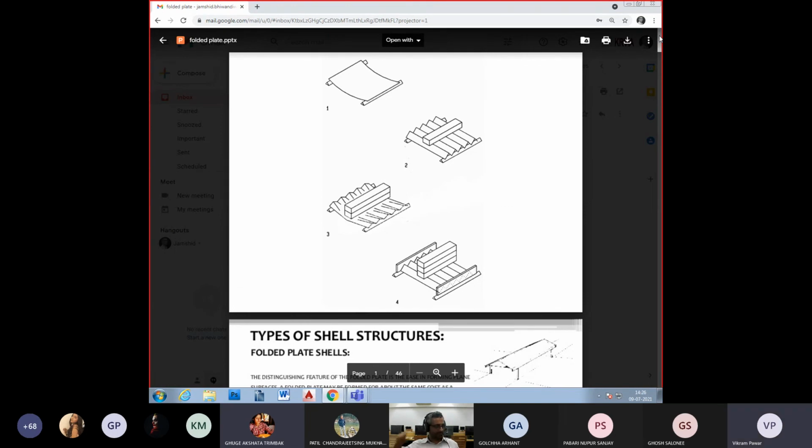That is relative. So obviously you are not going to do folded plate for a 9 meter span, or for a 6 meter span. So we are talking about folded plates where, for a 9 meter span, you would do it provided you have certain aesthetic requirements. But otherwise, normally you do folded plates for spans which are much larger. So industrial sheds having 16 meters and above, 25 meters, 30, 35, 40 meters. Those are the places where folded plates, in combination with north light trusses and all. So instead of north light trusses, you can use folded plate.